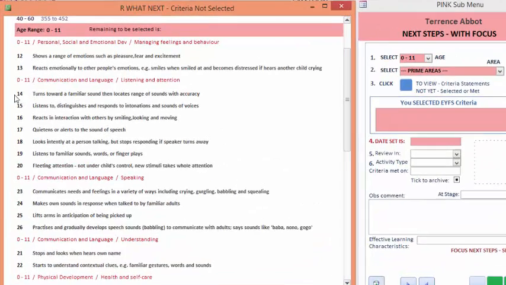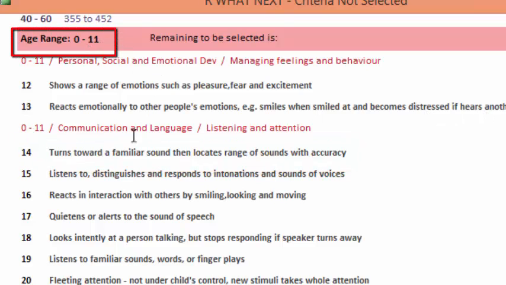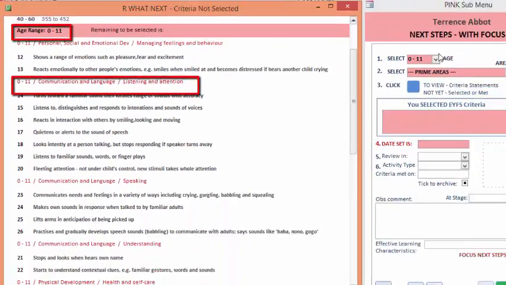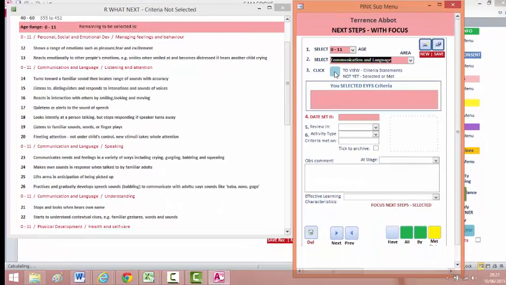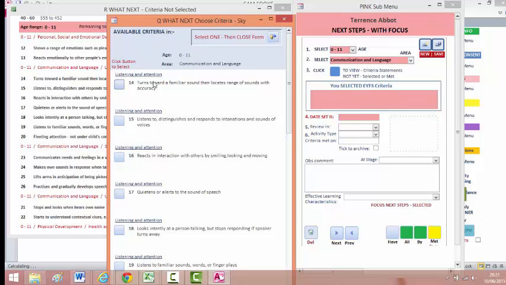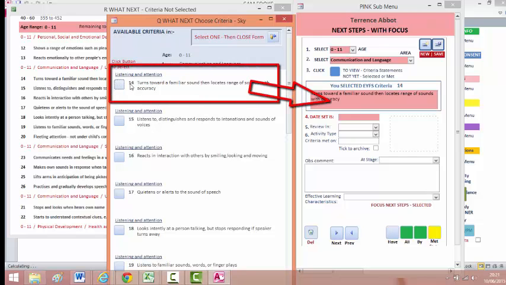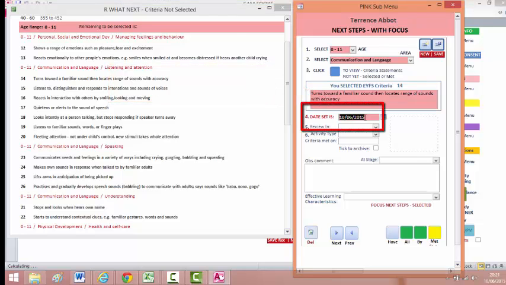So I could say that the first one is number 14, turn towards a familiar sound, then locate range of sounds with accuracy. So all I do is take note of the age range and the area of the curriculum, and then find it in here. So communication language, and then by clicking on the blue button, it will bring all of the criteria statements that the child has not met. And I can locate the one that I want, and it goes through here. You must remember that with every criteria statement that you send over, you enter the date, and you can do that just by clicking in that box. I will save it and press new,